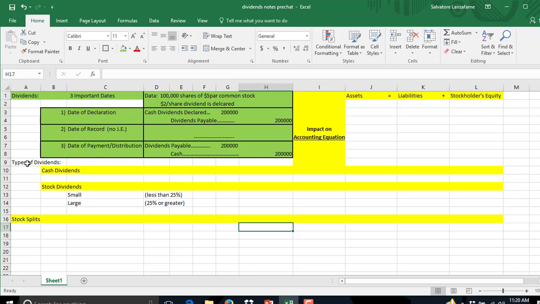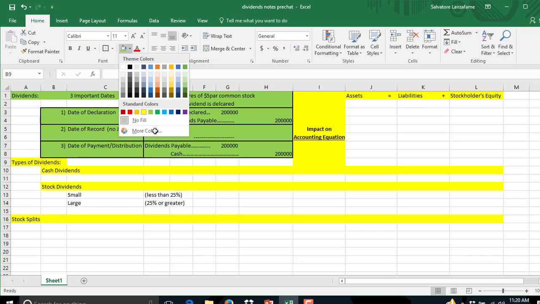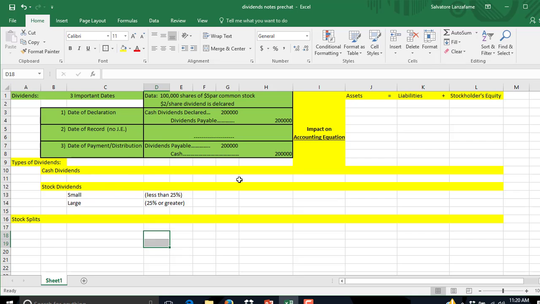So let's now focus our attention here, where I have types of dividends and basically the stuff that I have in yellow. There are two types of dividends. We've got cash dividends and we have stock dividends. Again, as I said earlier, our focus today is just on the cash dividends, but just a quick little FYI,